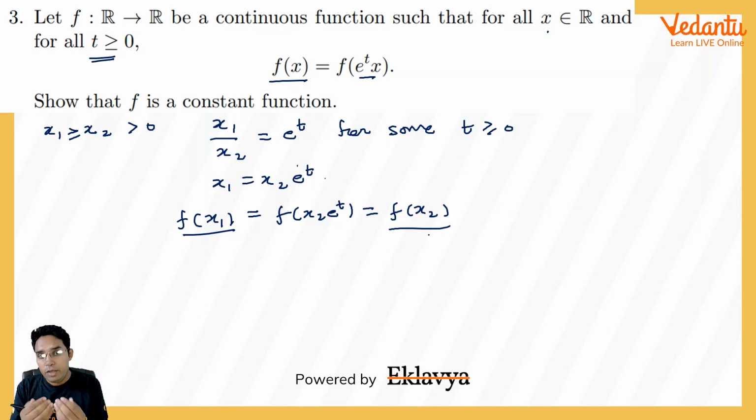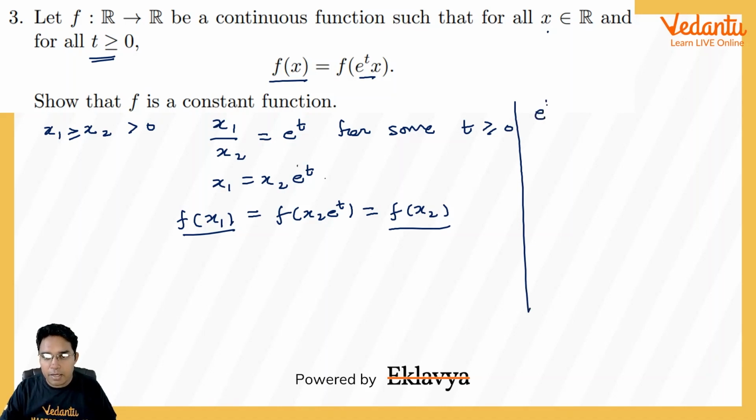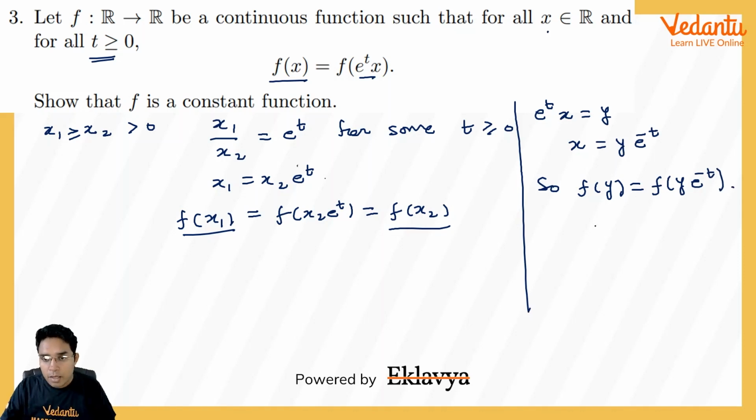I think if both are negative, then also we can do it. But to prove that it will be the same for one negative and one positive, let us do some manipulation. Let us take e^t x as y. Then x will become equal to y into e^(-t). So the given relation can be written as f of y is equal to f of y into e^(-t). Now, if I take t approaching infinity, and y is positive, then can we say